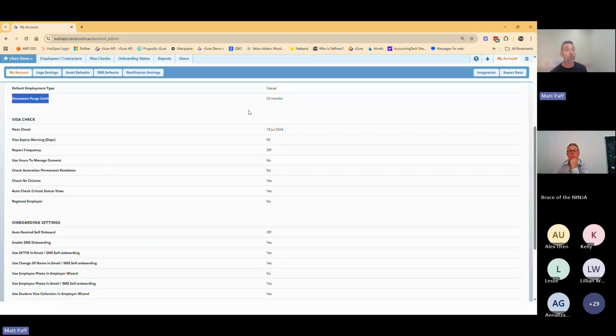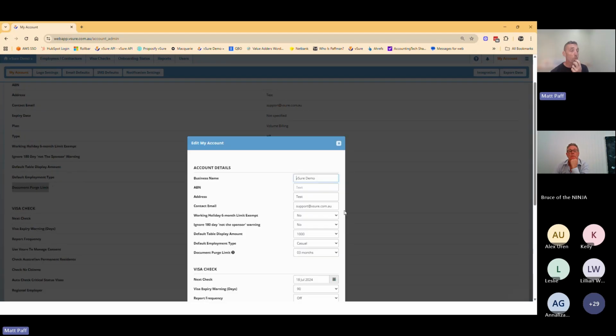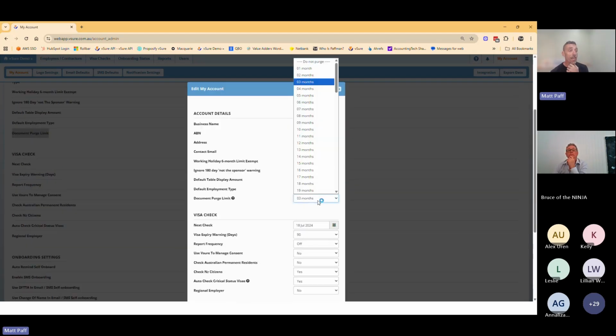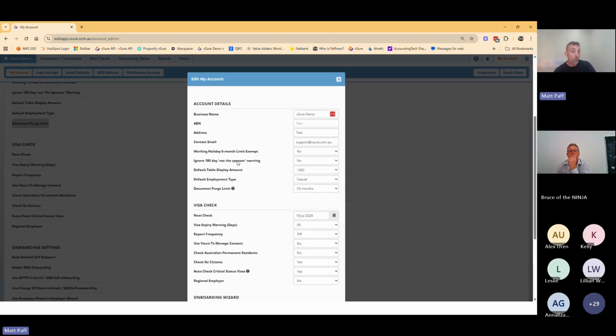Our default setting is we purge the documents after 3 months, but you can determine how quickly after collecting the documents that we would be purging those documents. And that can be anywhere from do not purge, so we don't delete them while the account remains active, anywhere up to 84 months, which is the 7 years. That's something that you control, not vSure. It's up to you and your internal policies and procedures around PII documents.